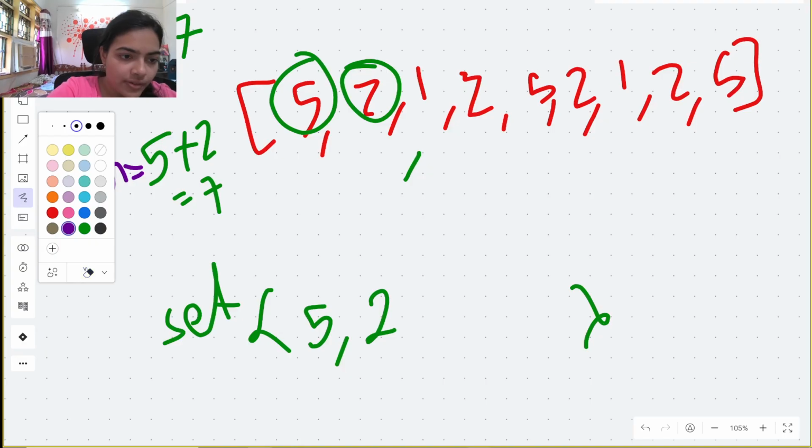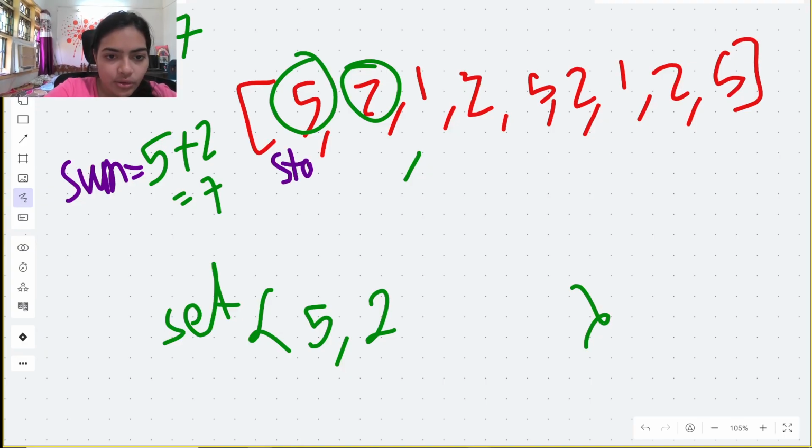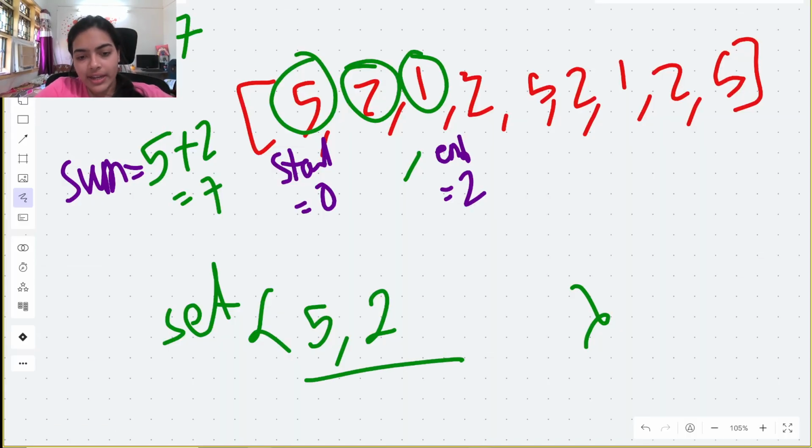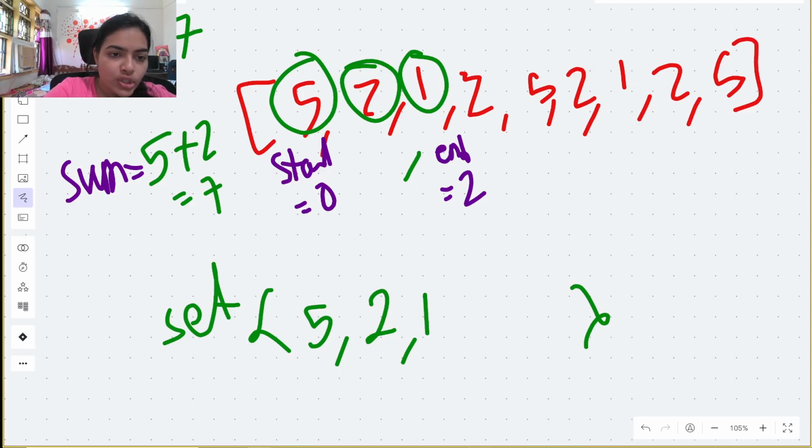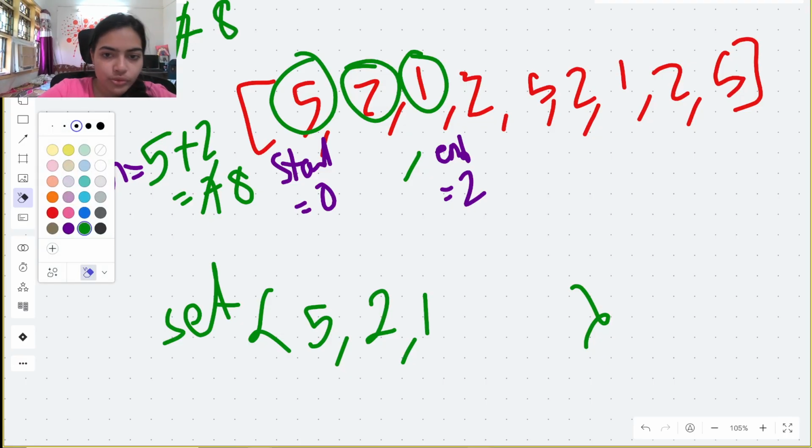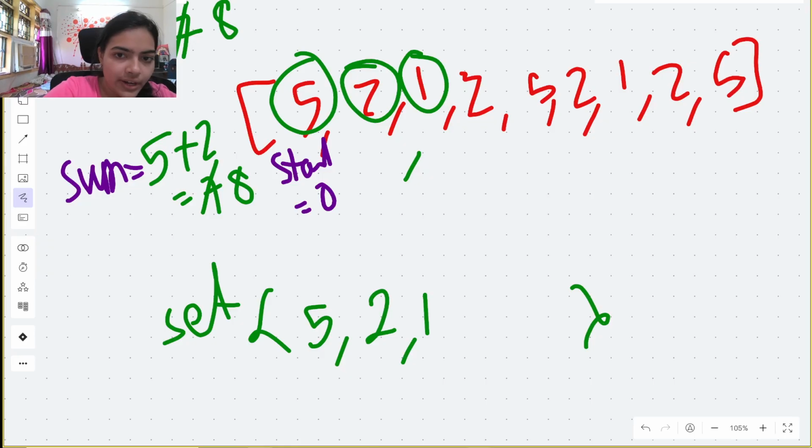So now our start pointer is going to remain at 0, but our end pointer will move forward and end will come at 2. So we are seeing this element 1, it is not there in the set, right? So we can just add it. Till now the set is consisting of unique elements, so our sum will become equal to 8, answer will also become equal to 8. Again we can move forward, right? So our end pointer will come at the index 3.